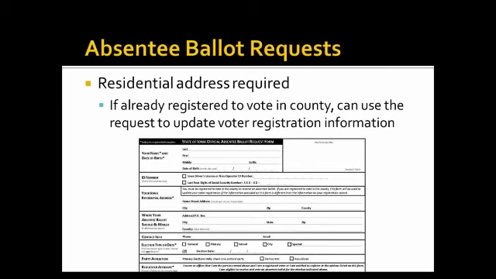Mailing address. This is an option if the voter is registered but wants their ballot mailed to a different address. This is where the voter would provide that information, and it goes into the box titled where your absentee ballot should be mailed. So for example, a student who's at college, they may maintain their voter registration residence at their parents' address, and that's acceptable for them to do under Iowa law. They would list their parents' address as their Iowa residential address, and then their address at school could be listed in the where your absentee ballot should be mailed portion of this form.